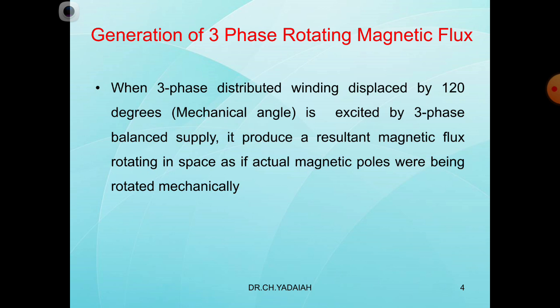At the same time, the rotor also has a concentrated winding. Now, when three-phase AC supply is given to the stator and plus-minus DC supply is given to the rotor,